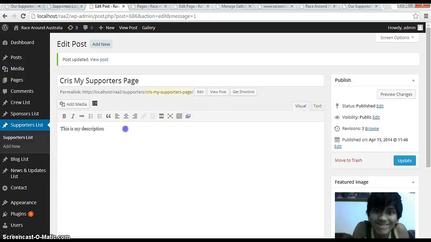You can use, for example, something like this. Okay. So once you see the code, it's already aligned to that. These codes are HTML codes. If you're a programmer, you will know this over here.